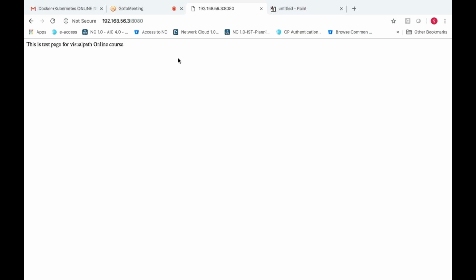When you use host network, it is not required to use port forwarding because a direct IP is assigned. Host network is assigned to your container. Whatever the network is present in the host, that will be visible in the container also.